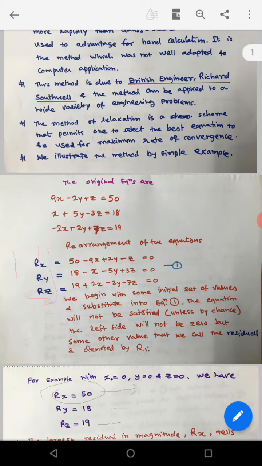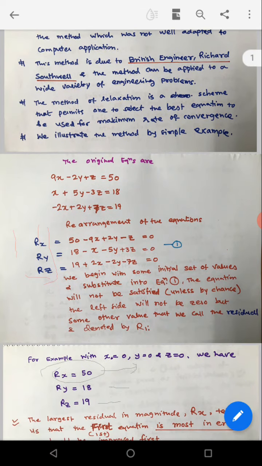Second equation minus 5y, I have to make minus y there. Third equation minus 7z, I have to make that minus z. Just to arrange the equations, because it is a more convenient way to apply this relaxation method. So minus 9x we can, and additionally what the method says, that in the first equation all the coefficients to make